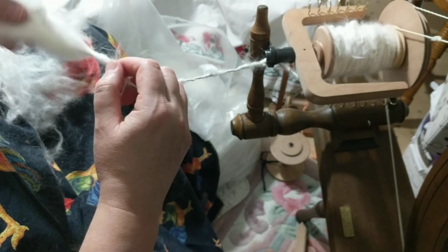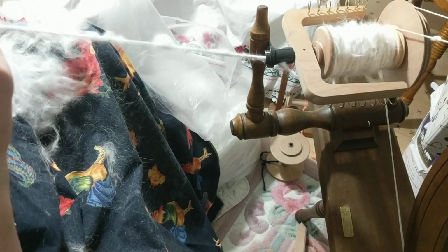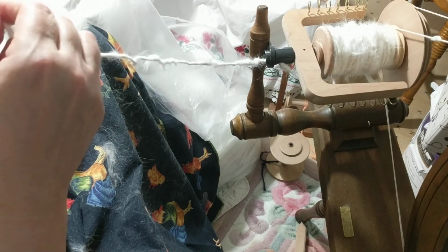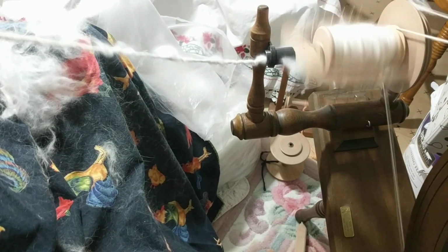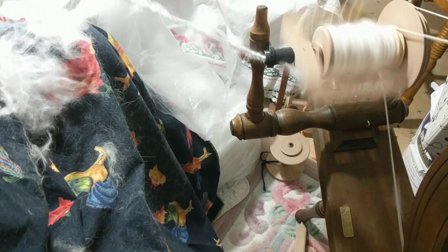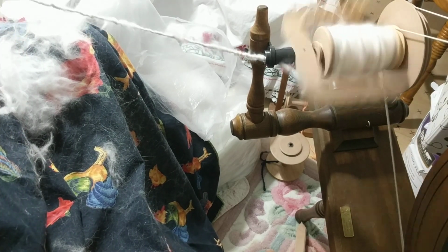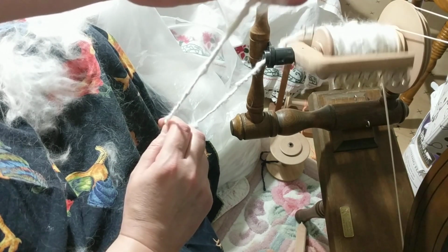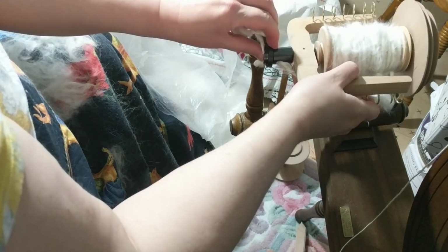My bobbin is full, so what I'll do is I'll just change it and put a new bobbin. I'll show you how to do that. And ta-da, it's finished. So what I'll do is I remove these threads I'm using as a belt, and I take off